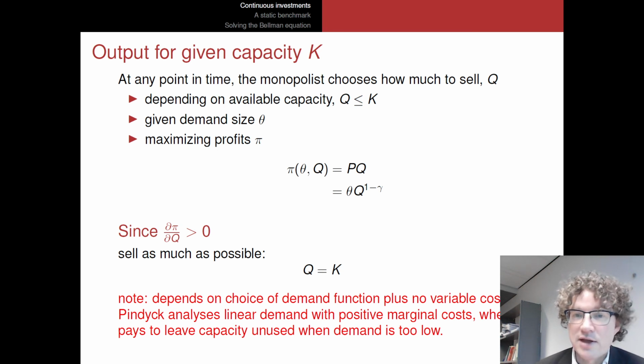Well, if you take the derivative of this with respect to Q, the 1 minus gamma is going to end up in front of this function, and the exponent is going to go down by 1. So you will get theta times Q to the power minus gamma, multiplied by this 1 minus gamma up front, this factor that came down. And if we think about this a bit, all these factors are actually positive. So gamma was a number between 0 and 1, remember, we chose that. So 1 minus gamma is also between 0 and 1, so it's positive. So theta is a positive number, it is demand size. And Q is a quantity that I'm going to produce, also positive. So the derivative of profits with respect to quantity is always positive.